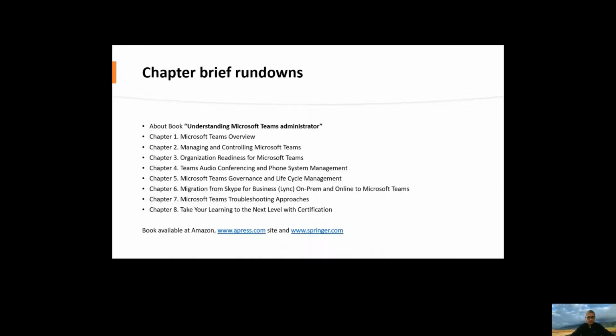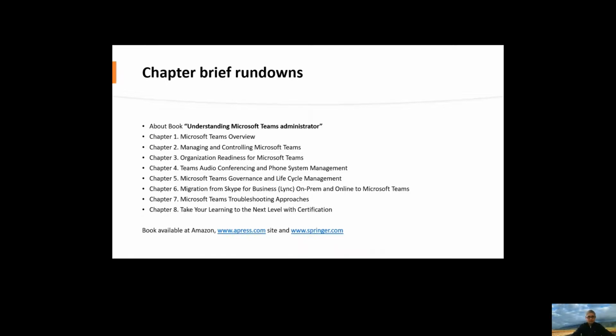Chapter 4, Teams audio conferencing and phone system management. This chapter covers Teams online meetings, Teams audio conferencing implementation, as well as Teams phone system planning, preparation, and configuration detail using Teams direct routing, calling plan, and additional phone system features, including call queues and auto attendant. Finally, this chapter covers voice routing policies, including dial plan, call routes, etc. It covers meeting, calling, and phone system, including PSTN connectivity aspects.